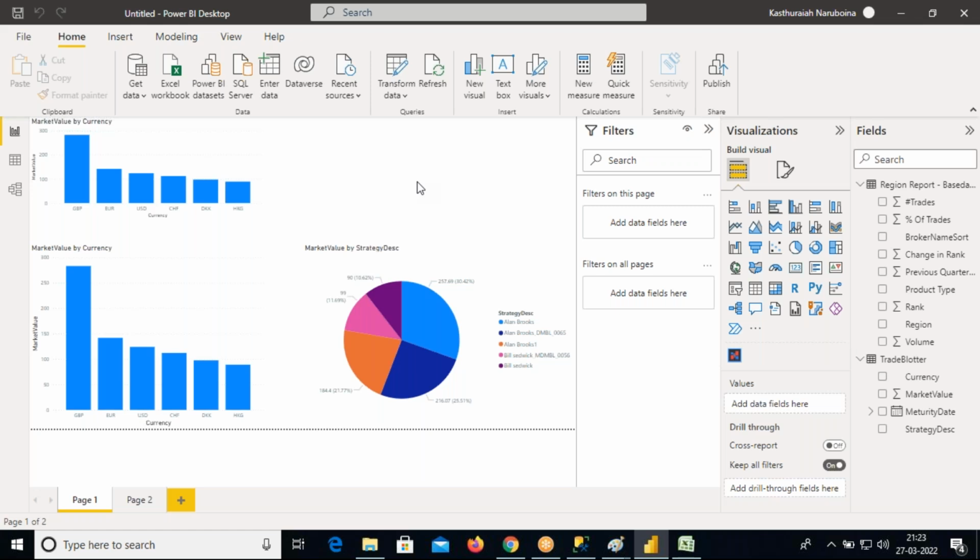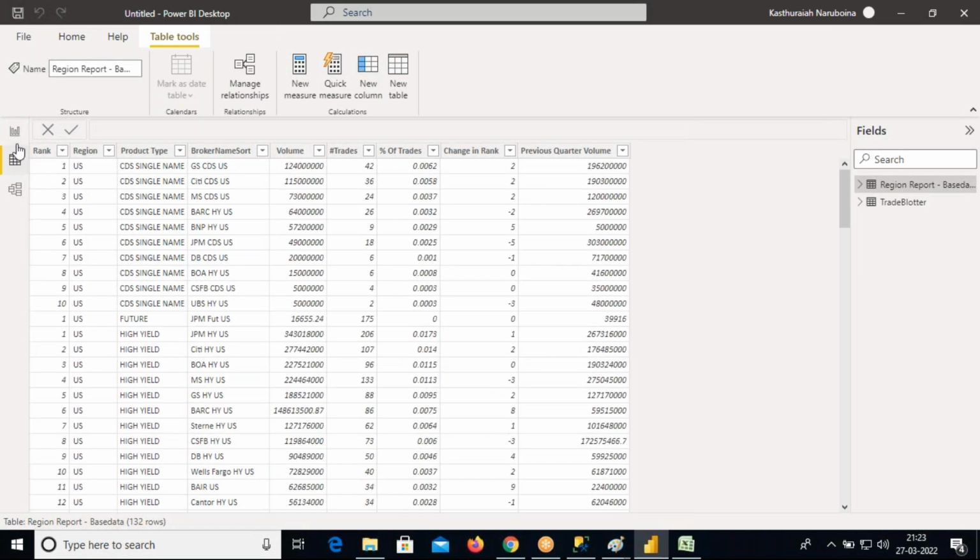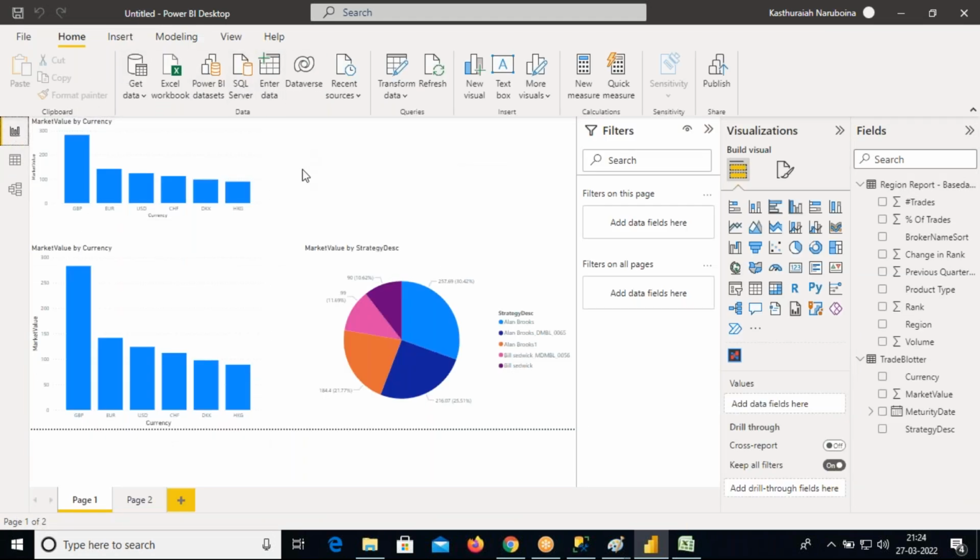Okay, now we have seen how to import data from CSV to Power BI Desktop and Excel to Power BI Desktop, right? In case you want to design, this is the first tab, the Report tab, where we do report design, and second is Data. Click on Data. After importing data into Power BI Desktop, in case you want to view the data which you imported, then